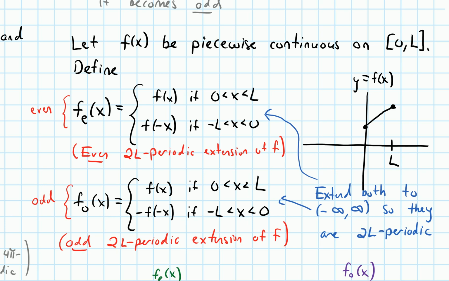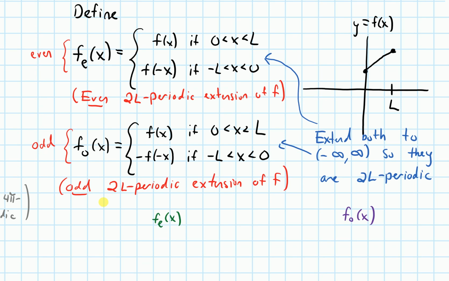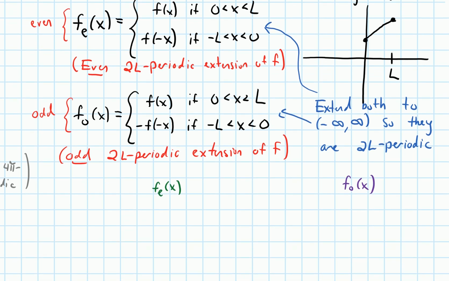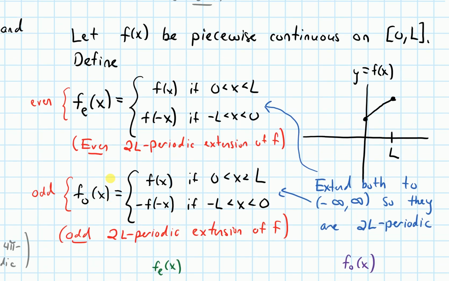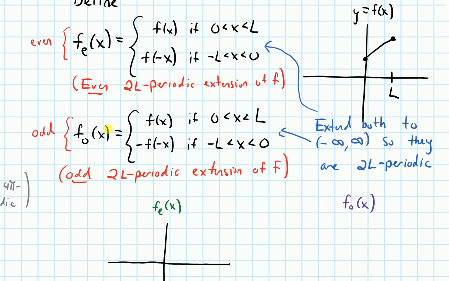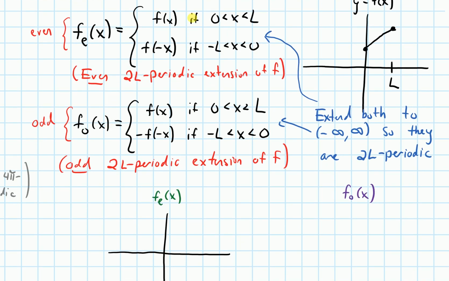All right, so let's draw a graph. Okay, so let's start with f e of x, and then I'll draw a graph of f o of x. All right, so let's draw some axes. Okay, so what f e of x will be is, start off with the graph of f of x. And in my definition here, actually I have it already. So in my definition of f e of x, notice that I haven't written an equal sign